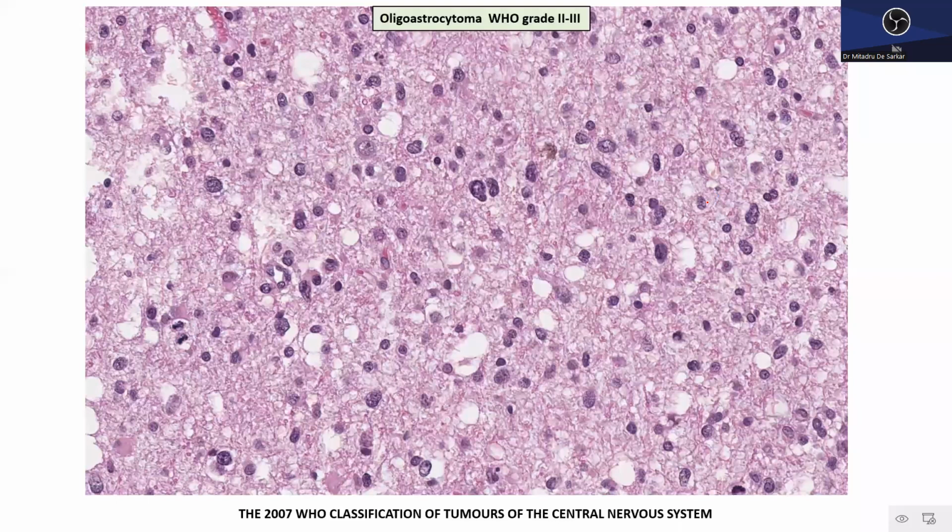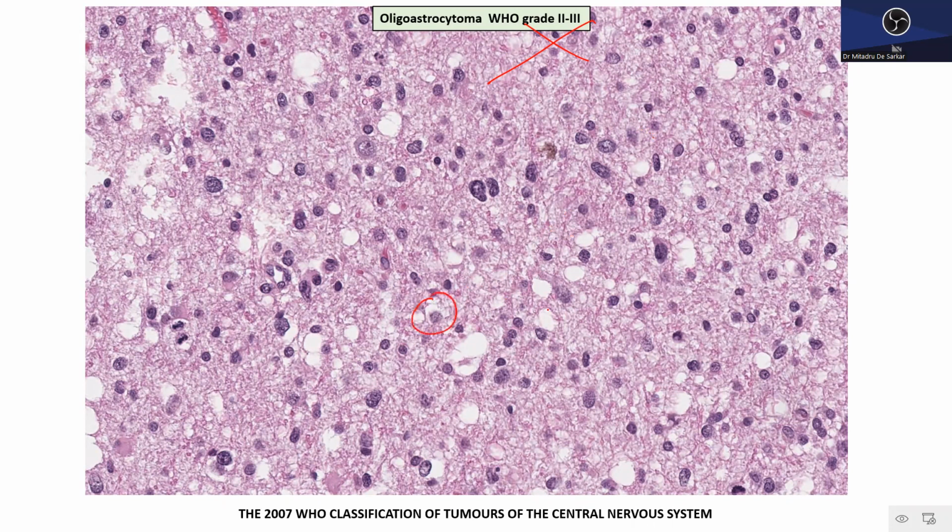Now, this is an interesting tumor, and obviously, this particular diagnosis is absolutely wrong. You don't give out this kind of diagnosis these days. Not in the days of ATRX and IDH and 1p19q co-deletion FISH. But back then, when we did not have those things, there used to be those tumors where some people would